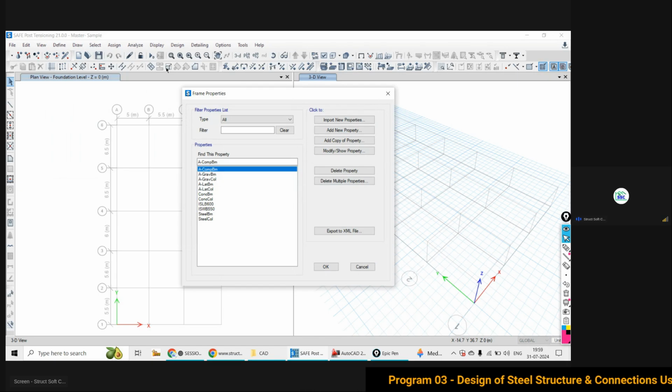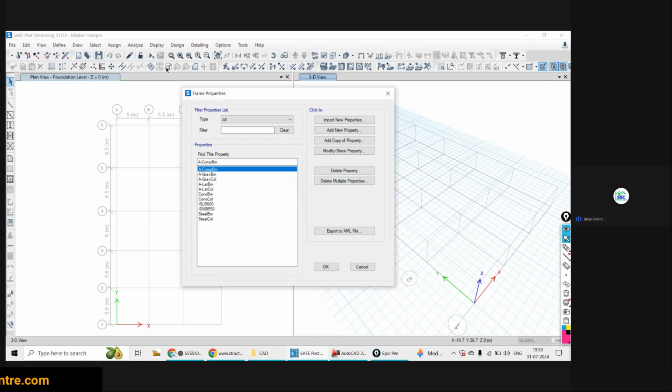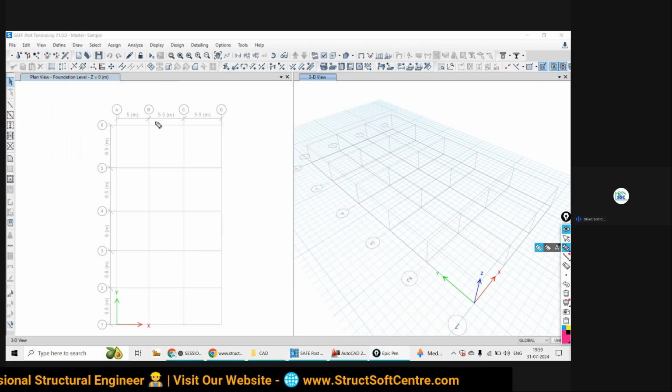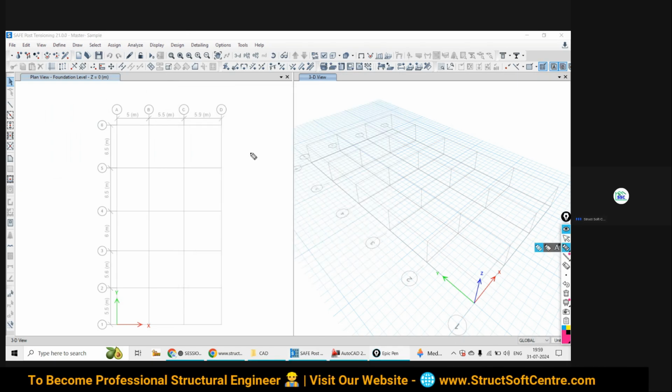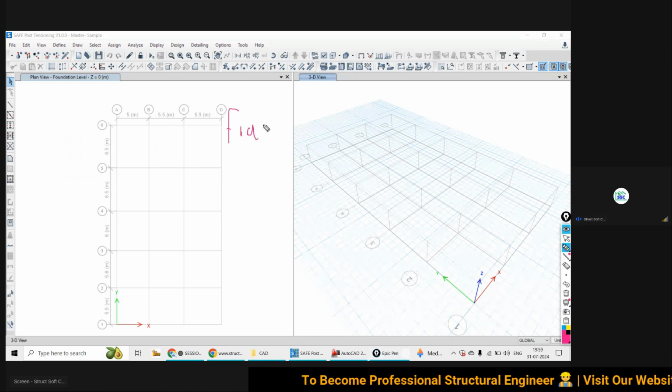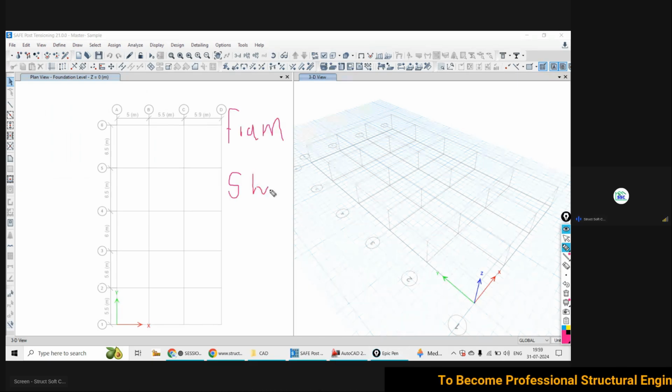SAFE software has two types of sections. One is your frame section, another one is your shell section. There are two types of sections actually available in this SAFE software: frame section, and another one is your shell section.